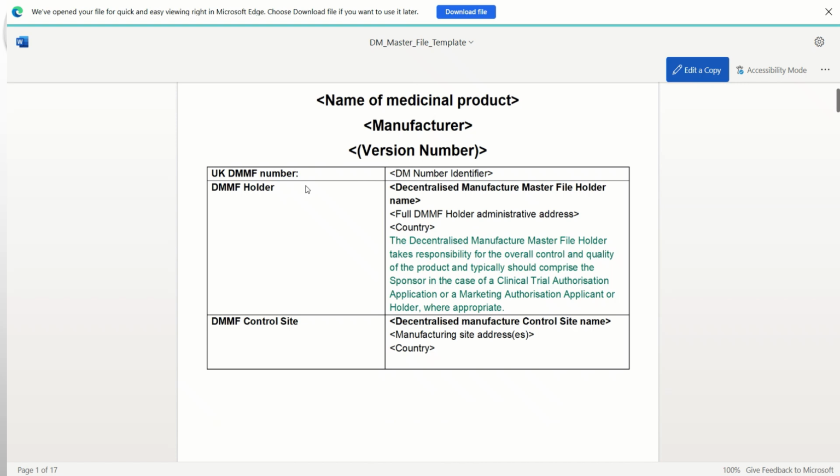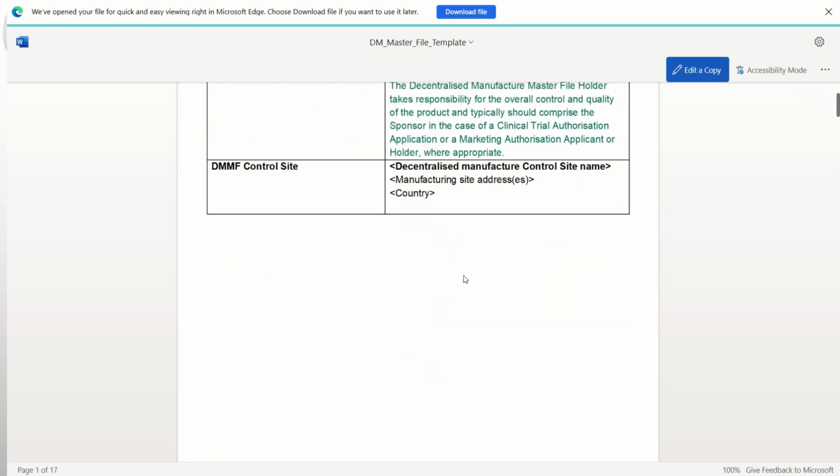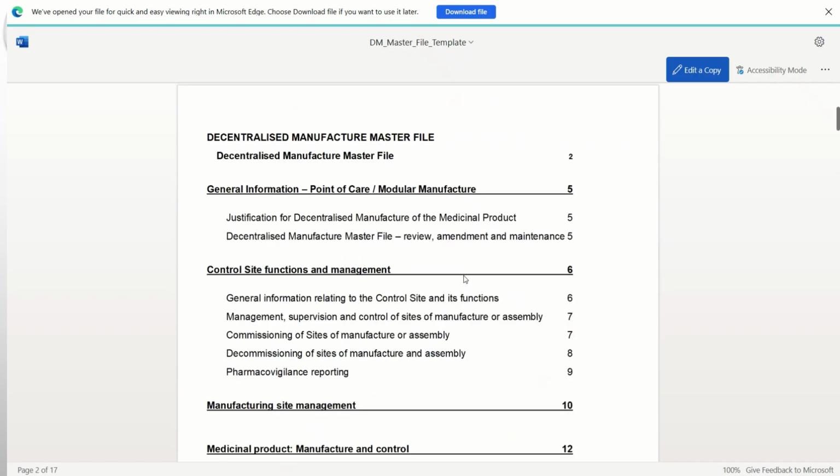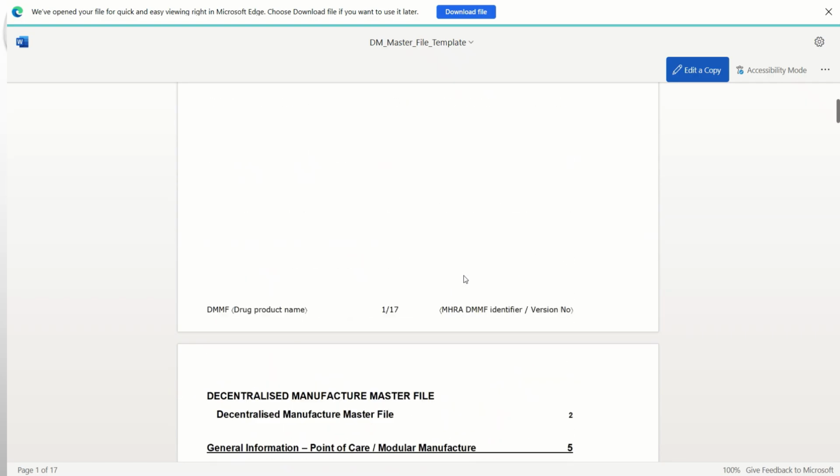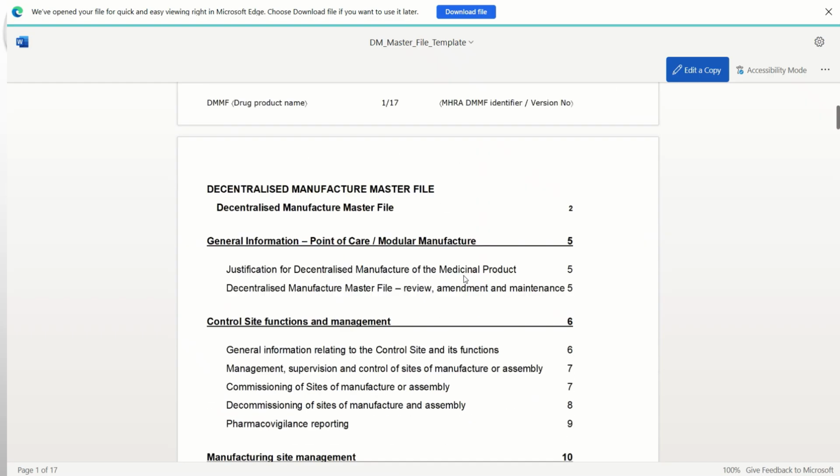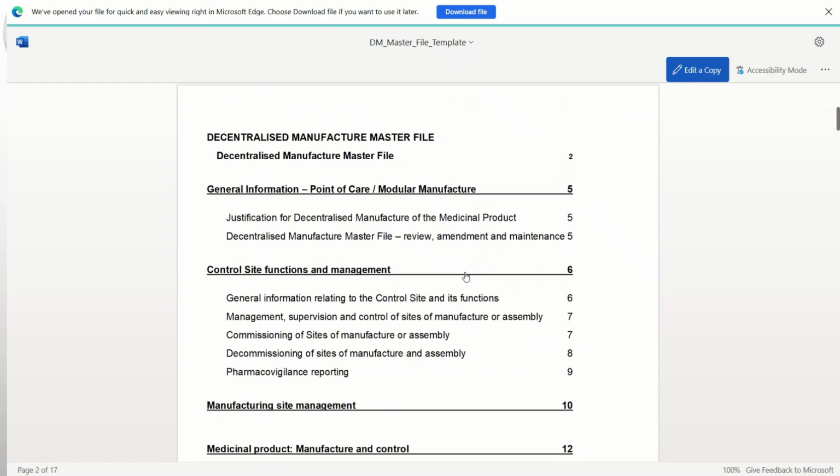You have your UK decentralized manufacturer master file number. You have your control sites listed. And then here is the information; I think this is the contents of what this decentralized manufacturer master file